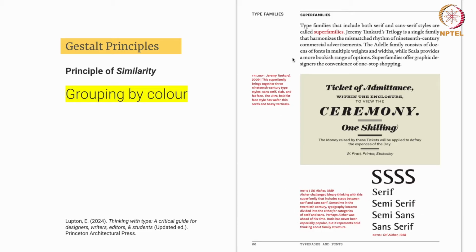While I am going through this book, while I am browsing through this book, I am indirectly getting a navigation through the principle of similarity. Navigation in terms of, if I am reading this paragraph, the color associated to this will help me group it with this portion. And since it's in the top portion, I will not connect this with here. Primarily since it's close by, my eyes will tend to connect this color with this.